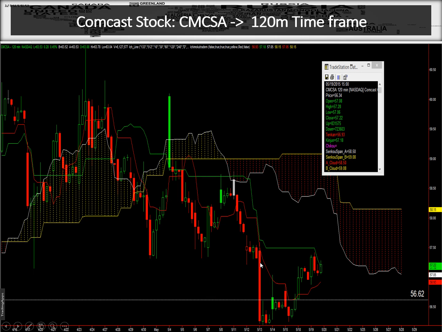And then on a 30-minute, what we're looking for is not to get above the green line, but to get above the red line in this scenario here. So over here, once we saw the 60-minute get above the green line for 2 bars, on the 120 we waited for it to get above the red line, which is roughly right about here. So once we see this, where now we have the support being held on a 30-minute, 60-minute, and 120, we're